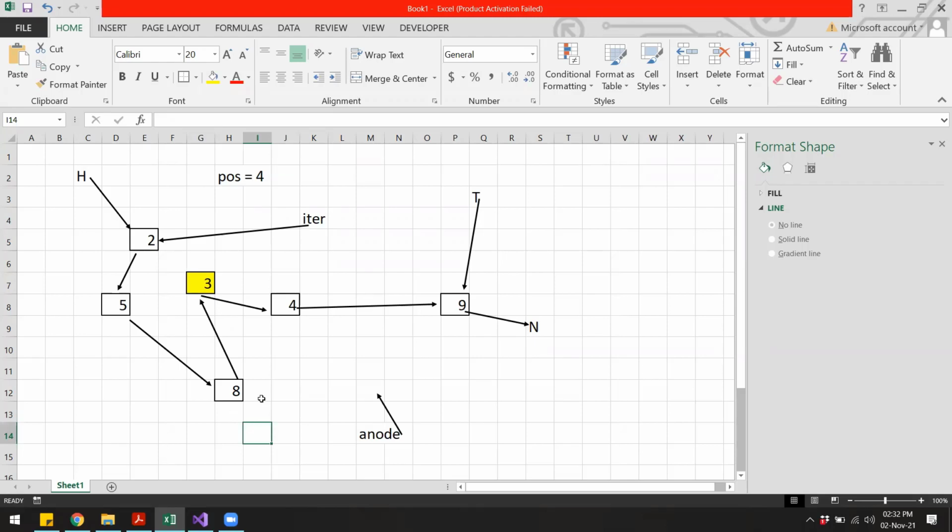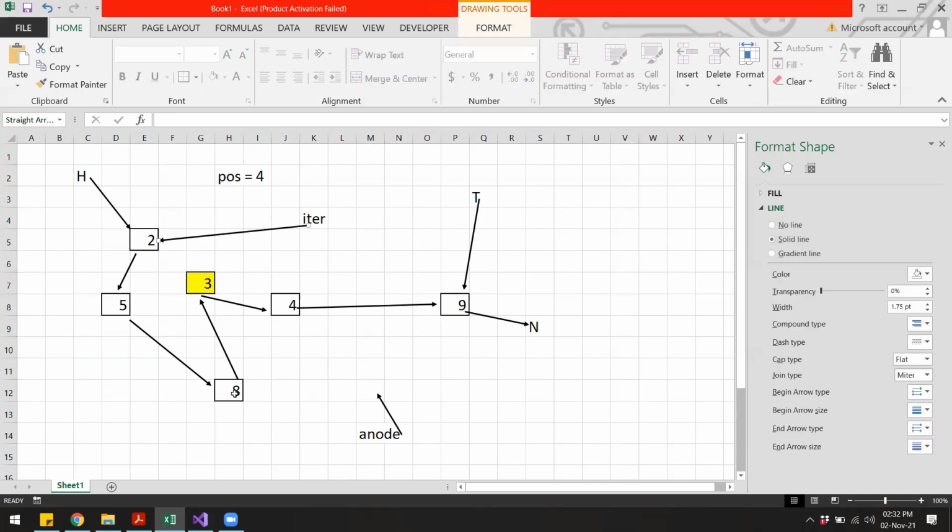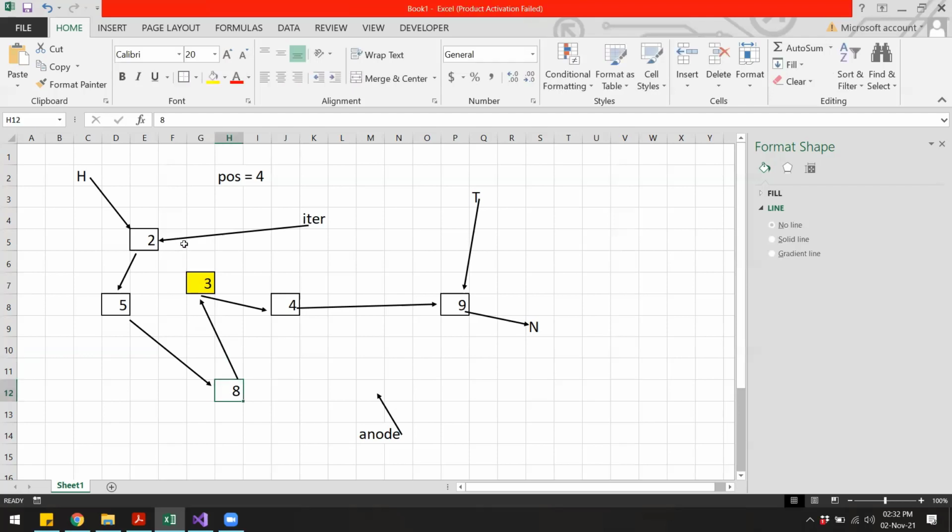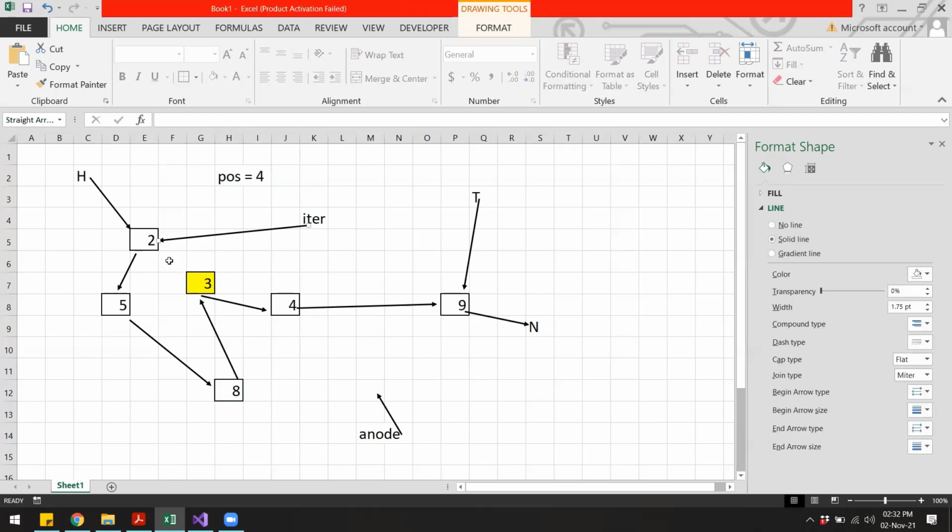So I have to somehow give a name to this particular node. Now I will have to move this iterator pointer, come to node number 8. So I will have to shift this 2 times. So the first time it will go to 5, then in the second time it will go to 8. So once we are here at 8, then we can look at the next of this iterator and delete this node.